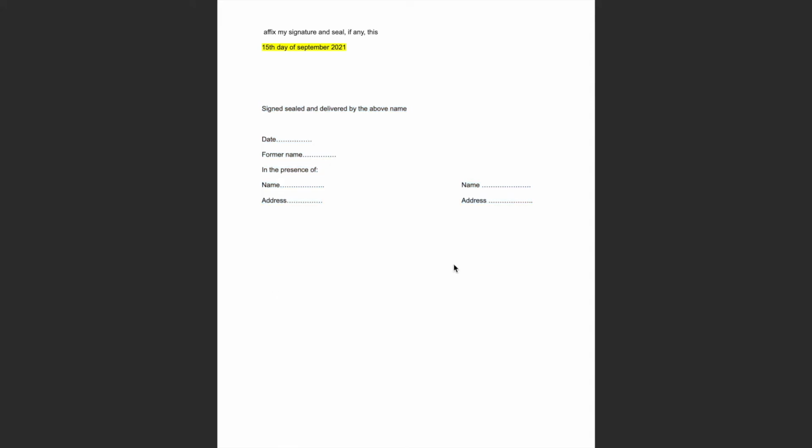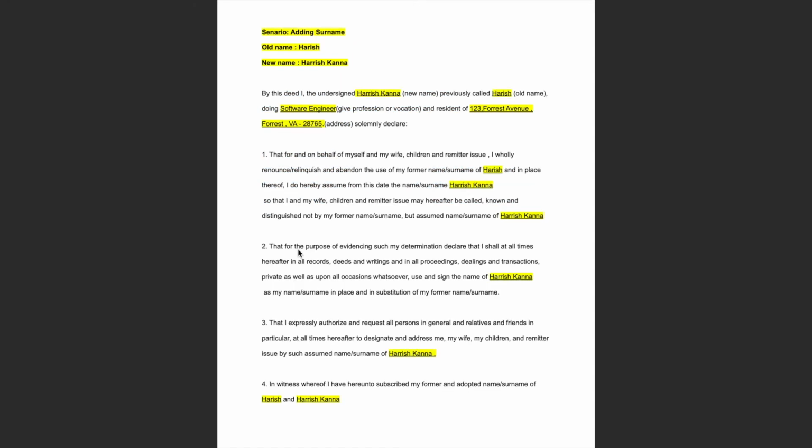While you are going to the notary to notarize this document, please take newspaper clippings which have your changed name or desired name, and also take 2 government issued ID cards which have your desired name. The notary will verify your new name and then he will sign this affidavit. So do not forget, this name change affidavit has to be signed and notarized. Do not sign the name change affidavit at home. You have to sign in front of the notary.